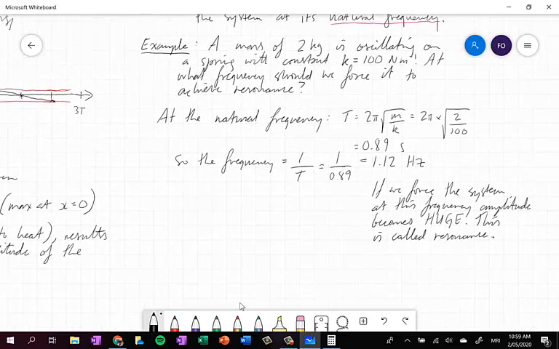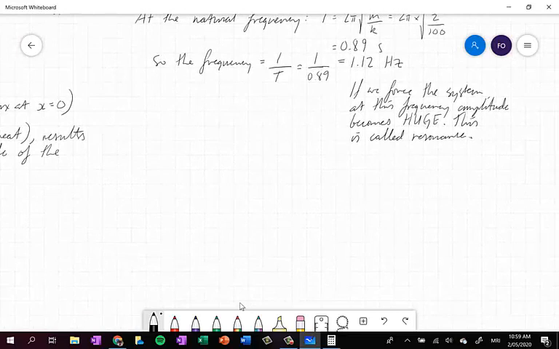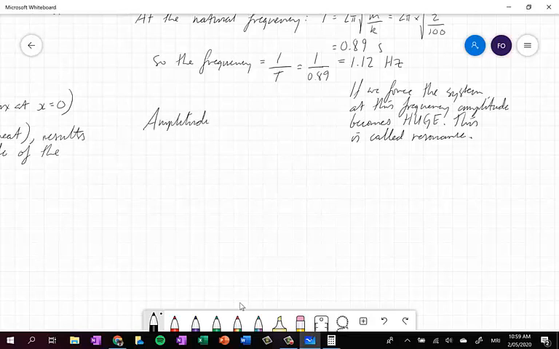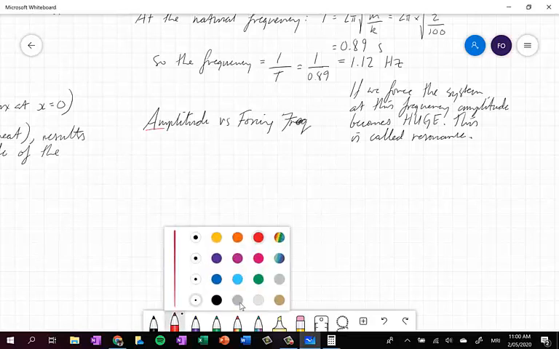Okay, so one last little thing about this is if we force it at a frequency that's not the resonant frequency, then we won't get a very big amplitude, and it's highly sensitive to frequency. So we can draw an amplitude versus forcing frequency graph, and we need to be able to recognize this as well. So what this graph will look like, let's go back to my original color,